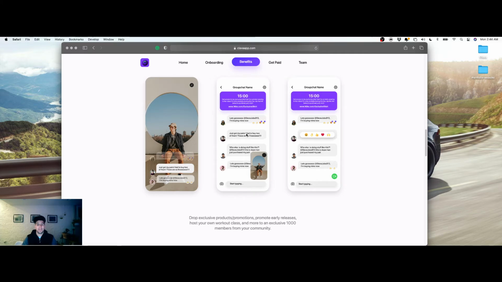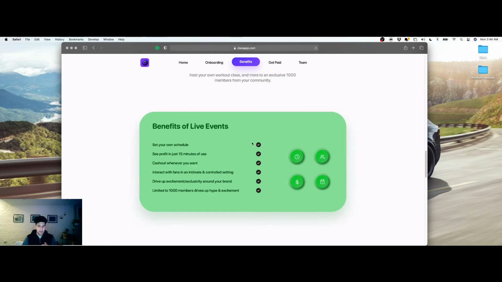You guys are going to be the only 1,000 that get access to this video. Or a rapper that wants to drop a snippet of a new hit single that they're about to release, but they want to release it to an exclusive 1,000 people. You could do all that in Clava, and we have so many new features that we're going to be adding.